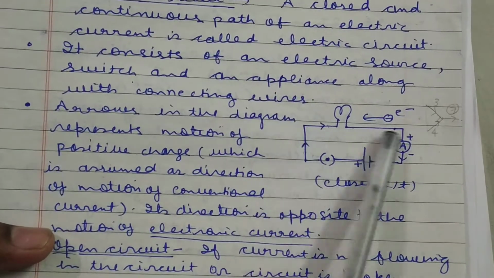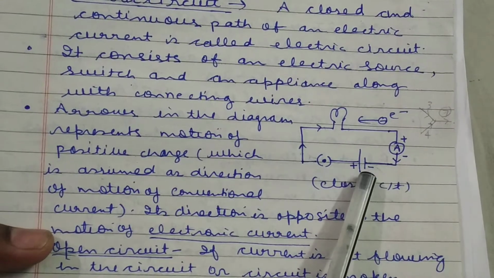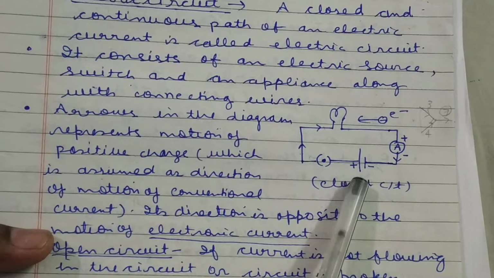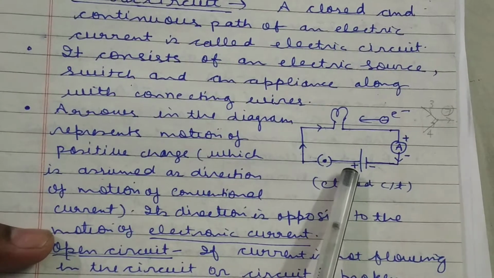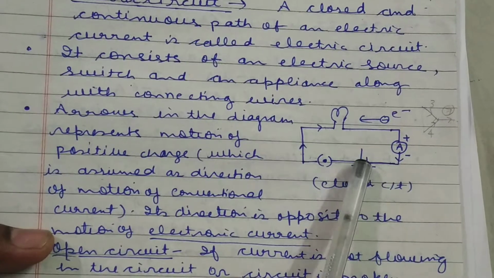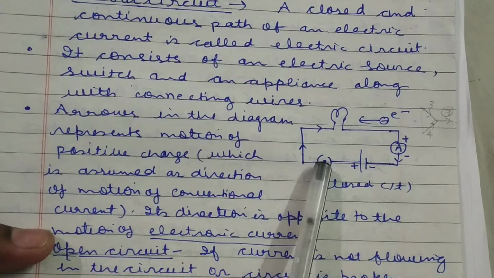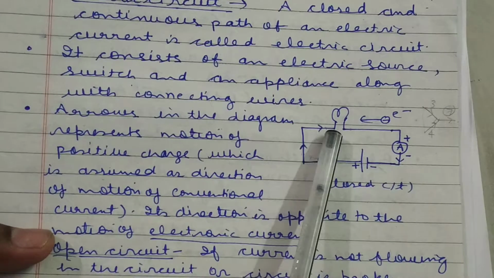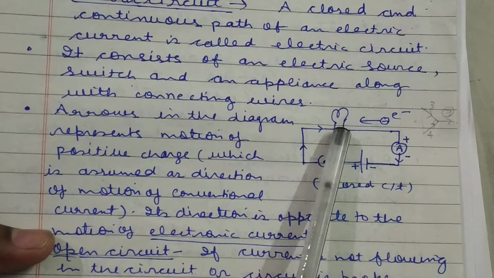Here, this is an example of a complete electric circuit. I have taken here an electric source which is a cell. You know the representation of a cell. A cell is represented by two parallel and unequal lines, in which the longer line is the positive terminal and the smaller one is the negative terminal. Then you will use a key. If you put this key with a dot, it forms a closed circuit. Then by means of this connecting wire you will join a bulb. The bulb is represented simply by means of this filament.